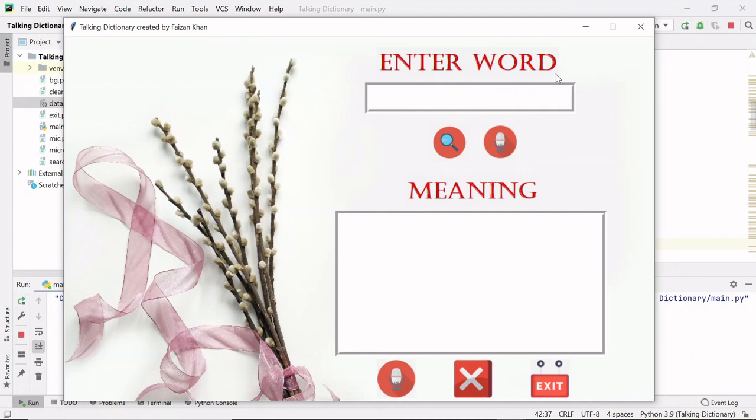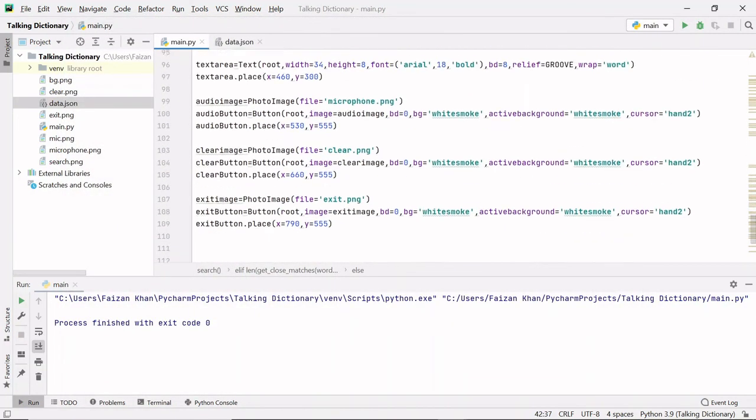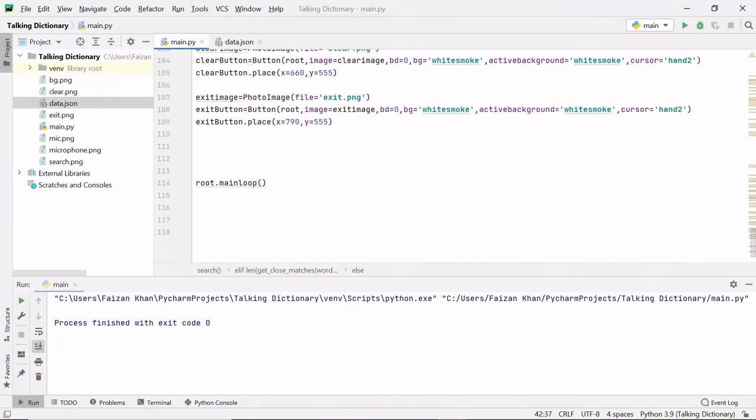There's one more thing I would like to tell you. What if you type some word like love and you hit enter? I want to bind the enter key also, so that when you hit enter, you get the meaning displayed inside this text area. For that, you want to bind your window with the keyboard stroke.